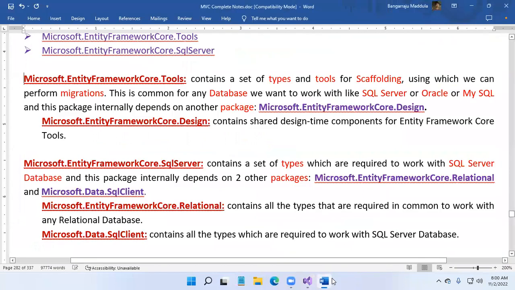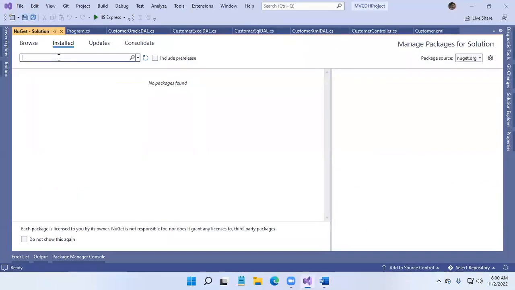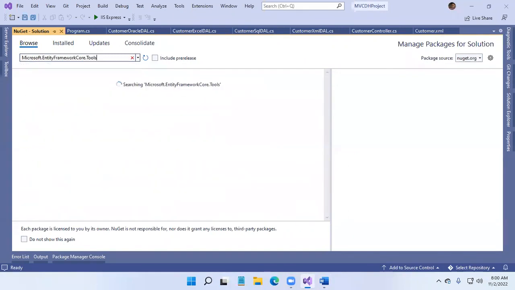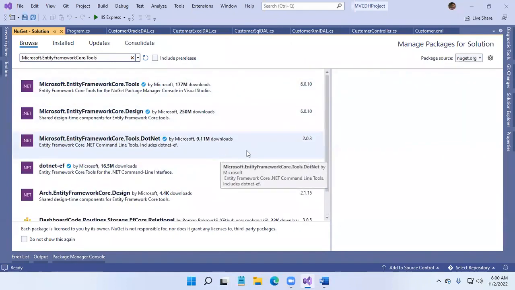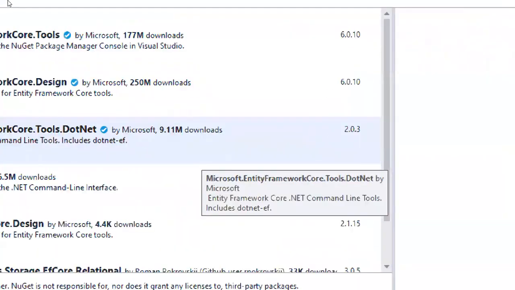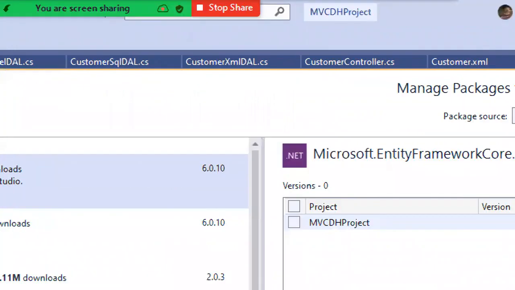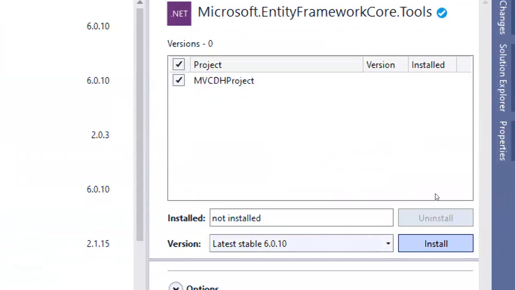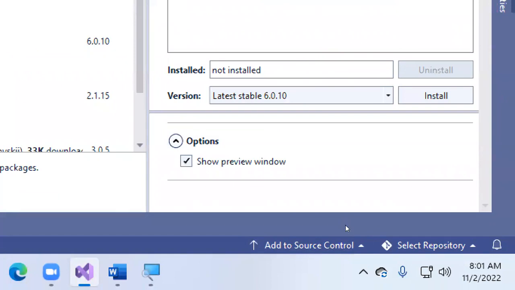What is the first one? Microsoft.EntityFrameworkCore.Tools. Let's type it in Browse. When you select this one, come to the other side, select this project and install. Before installing, just watch here. If you come below, it will show you